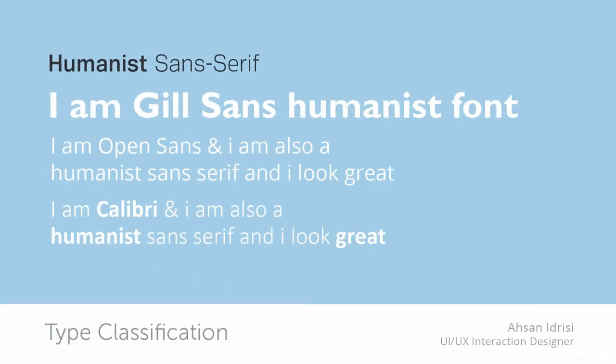So now I told you in the previous slide that sans serif have a few other alternations, like this one is humanist sans serif. Now you have guessed that it shares the features of this humanist type we discussed at the beginning of this lecture. So humanist sans serif, you can see the top one is the Gill Sans. They have this ending at the A, and then they have a bit of stroke difference.